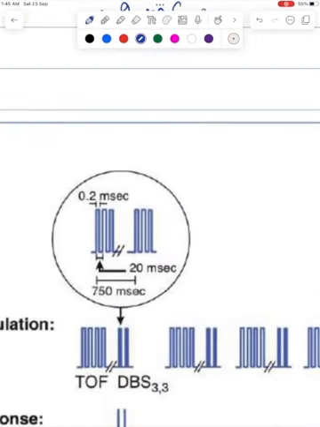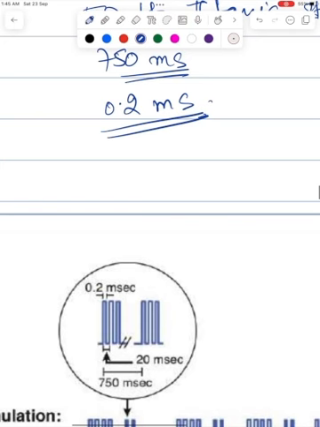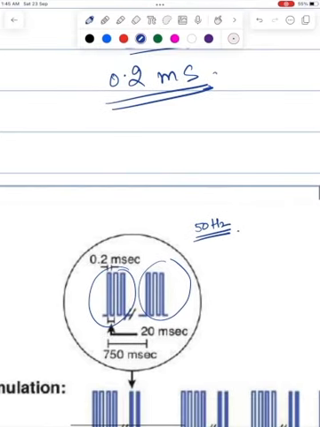So as you can see here, you are giving 2 short bursts of tetanic stimulation. So the frequency of each burst is around 50 Hertz, right? The duration of each single stimulus is around 0.2 millisecond,